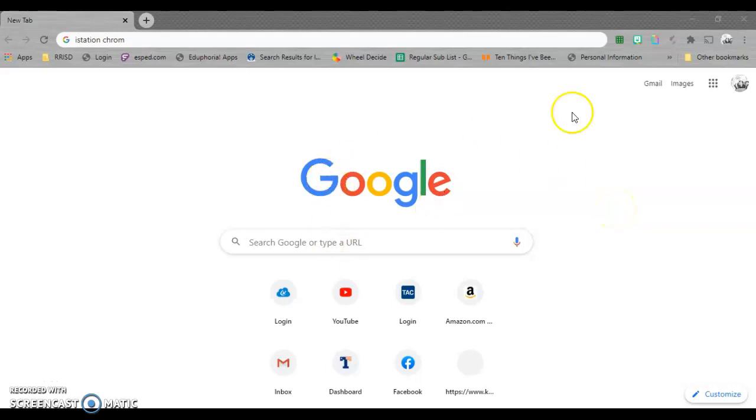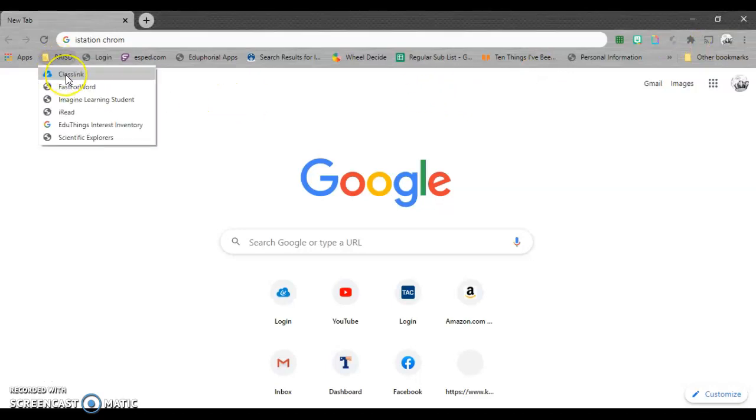So the first thing you'll want to do is make sure you're using Google Chrome. You want to make sure that you're logged in with your school account, and then you're going to go over here to ClassLink, or if there's a different way you get to ClassLink, you can also go to that link right there,